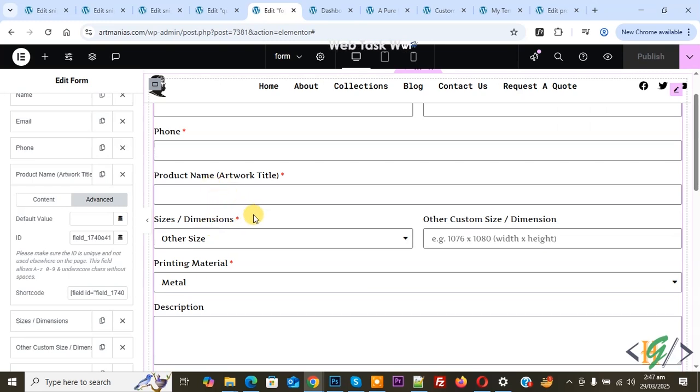Bismillahirrahmanirrahim. Assalamu alaikum. My name is Hassan and today we are going to make or set Elementor field read only